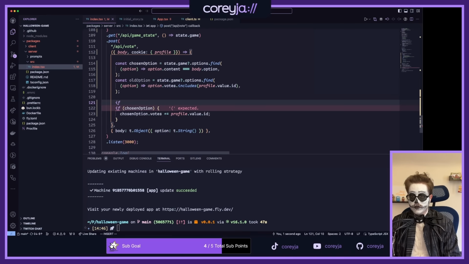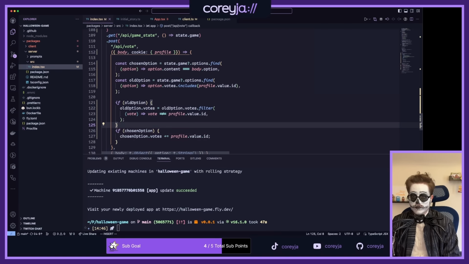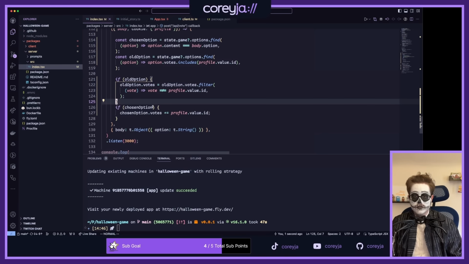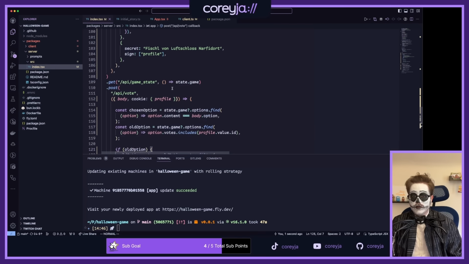If old option dot votes filter, you get rid of the one that matches. Perfect. Chosen options, you just add it to the end. Yep. Awesome. Okay, so in game state though,